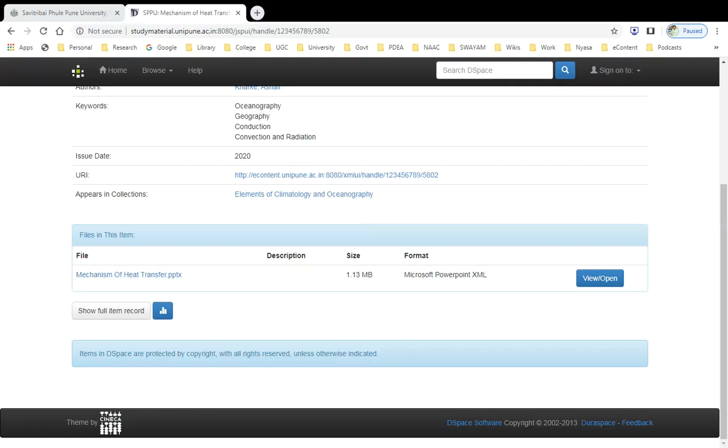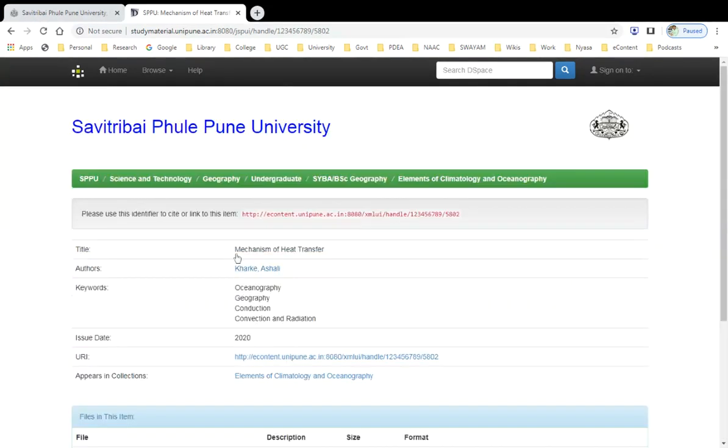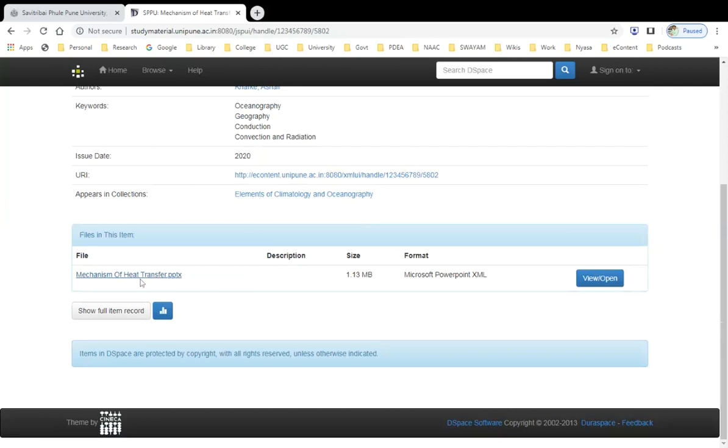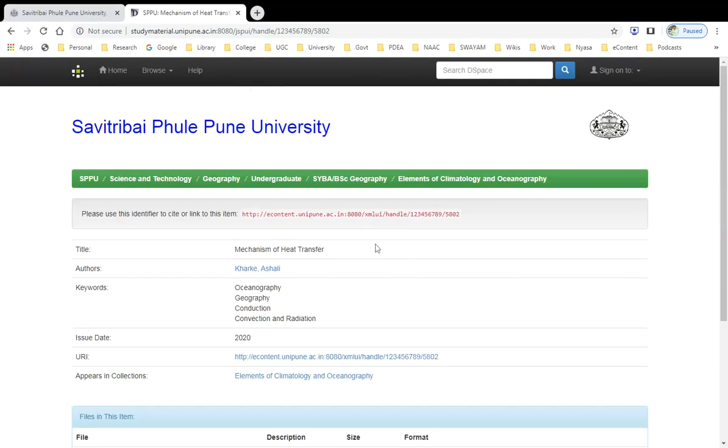And see, this is how the content is created and uploaded here on this repository, and it is open for all. No need to enter any username or password. Everybody can search it here, and everybody can get help to search from this link.